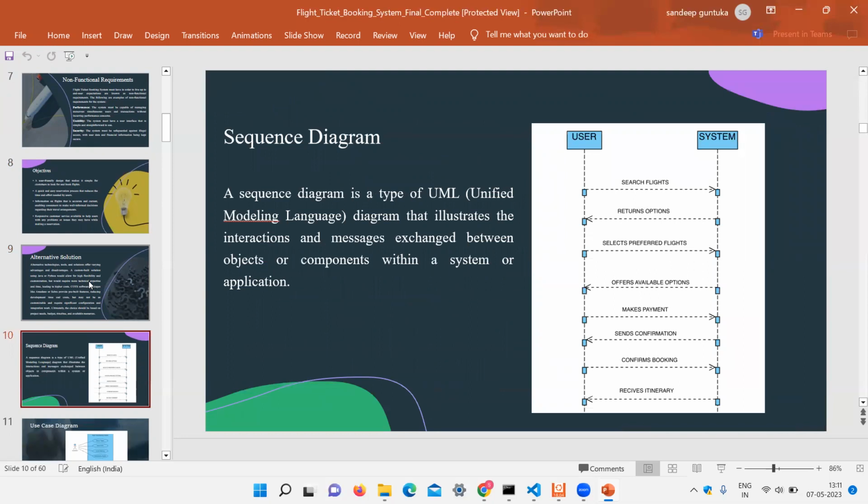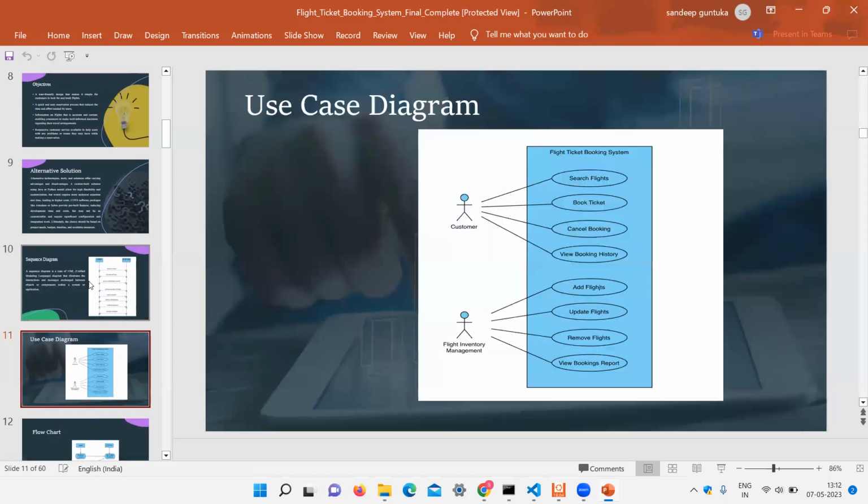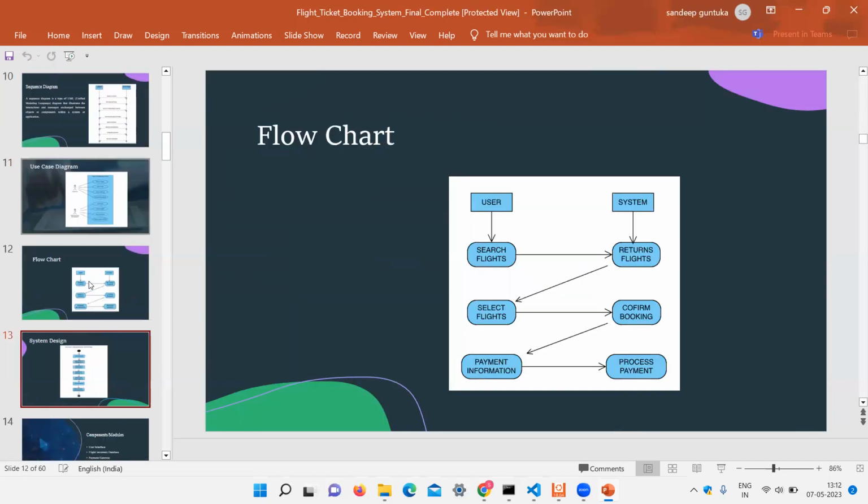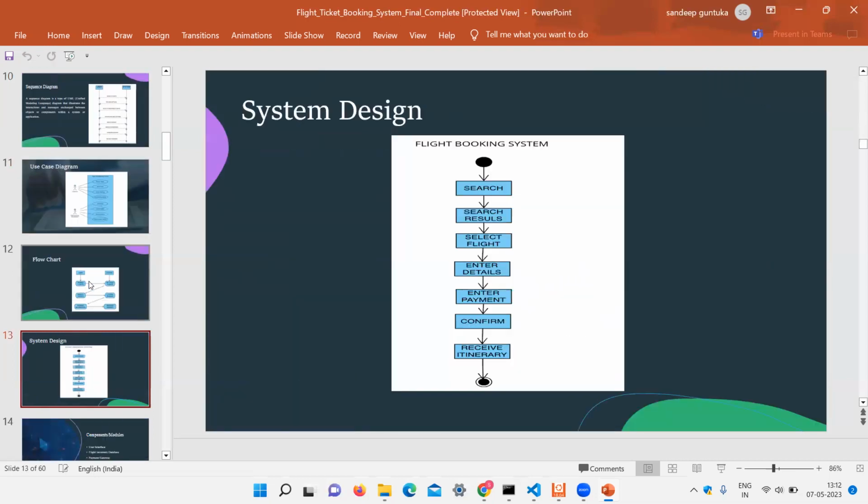Here is the sequence diagram. Here we are going to explain how the user and system interact with each other. Here the user searches for the flight, and the system gives the response and returns the options, and the user selects the preferred flight which he wants and makes payment, and the system confirms the booking and sends the ticket. And these are the use case diagrams and flowchart. Here the system